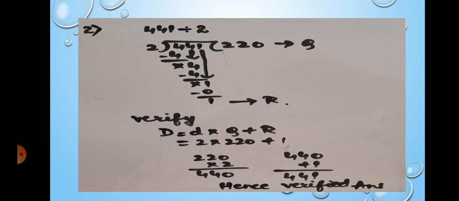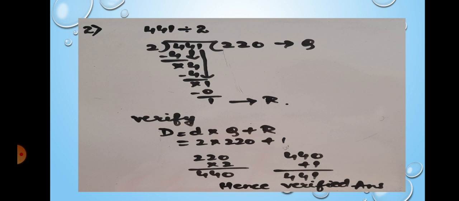After that we are going to place 1 down, and for each digit you have to keep it in mind, we have to place 1 digit over there in the quotient. Now as we are seeing digit 1 is smaller than the divisor 2, so we will place 0 in the quotient and 0 below the digit 1 also. So 1 minus 0 we will get 1. So the quotient we got is 220 and remainder is 1.